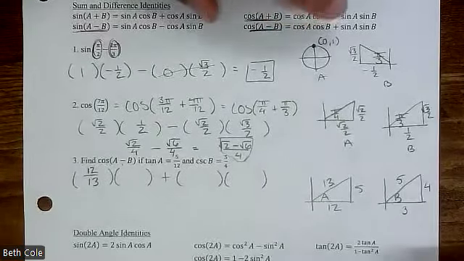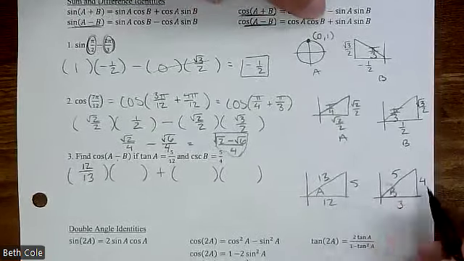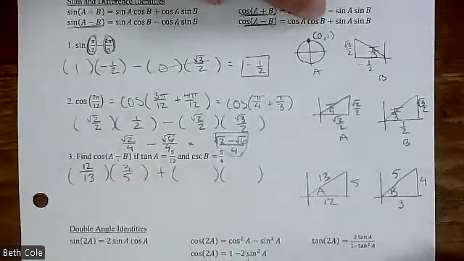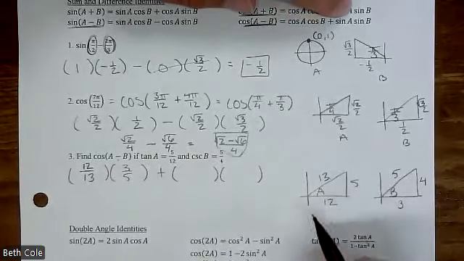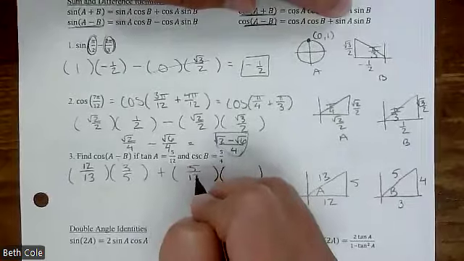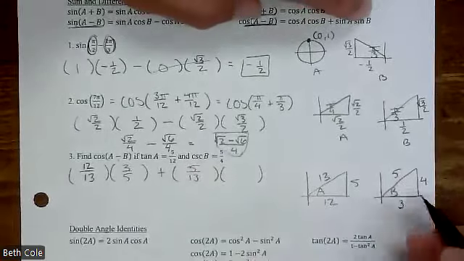And then, do you see where I'm pointing here? My finger. Cosine B. So look at this triangle. That would be 3 over 5. Perfect. Plus, all right, sine A. So look at A. Sine is opposite over hypotenuse. 5 over 13. Good. And then sine B,